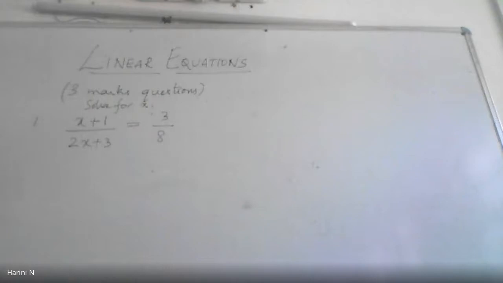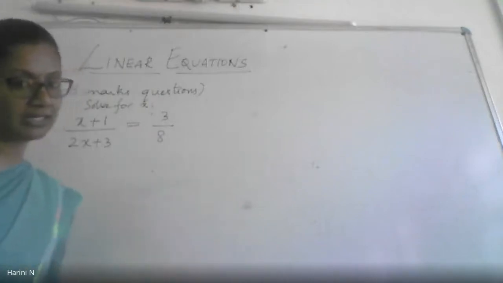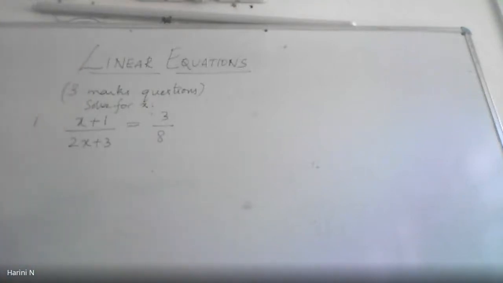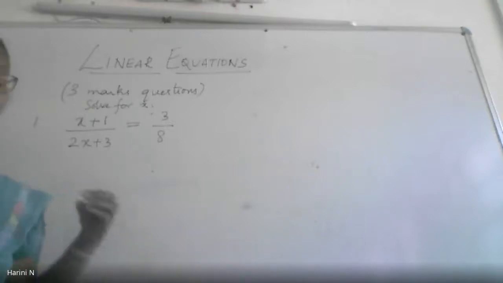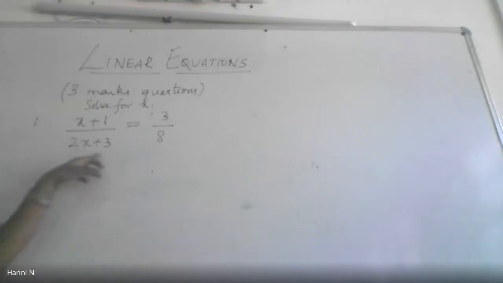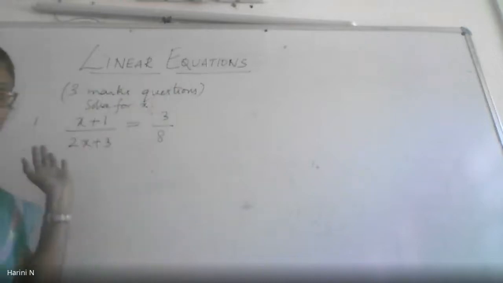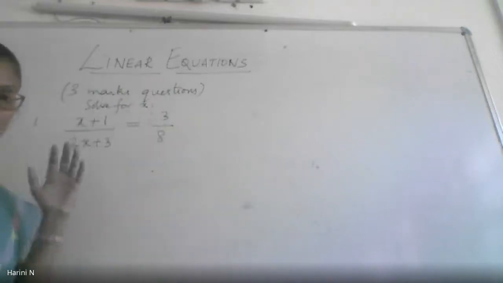So here you are not at all seeing it in the form of a linear equation. So there is something that you have to do before you convert it into a linear equation and then go and solve it. So these are equations which can be reduced to the linear form. It is not in the linear form. Like in the previous way, when we had the 2 marks problem, you had a left hand side and a right hand side, that's all. And you had to find the value of the variable.